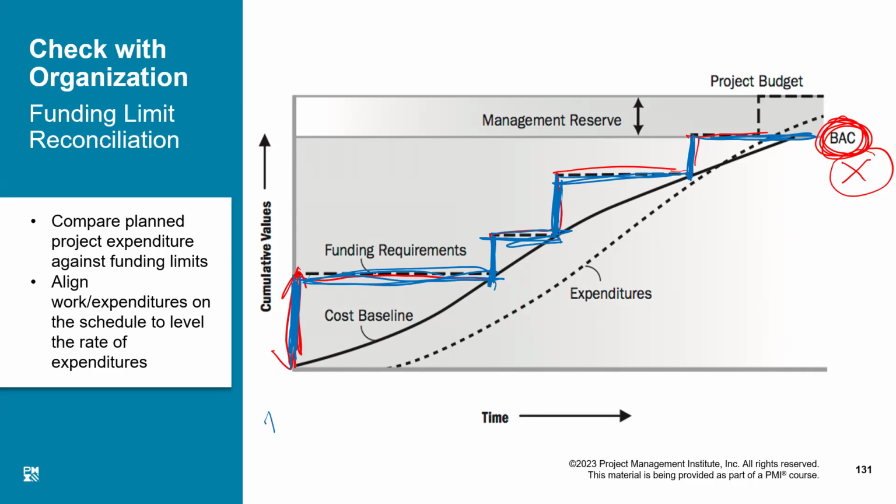In case you do not comply with the cost baseline, then you would have consumed all the money at this point, and anything you are spending more would be coming from the management reserve. So this money is coming from management reserve. It is not necessary that all the management reserve will be used, but some of the management reserve can be used to complete the project. Right?